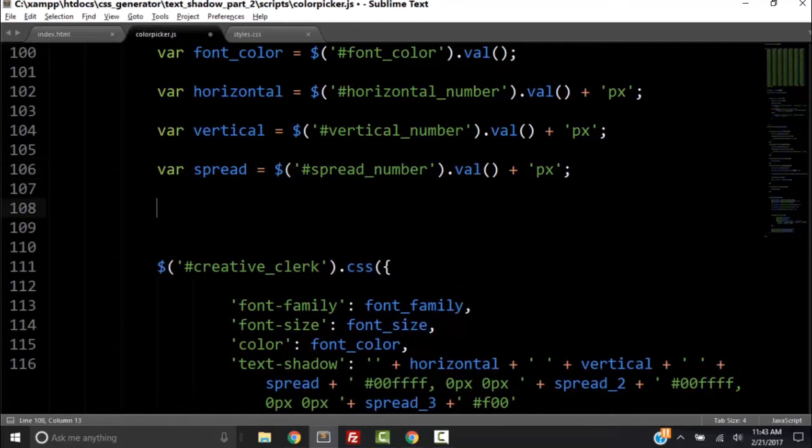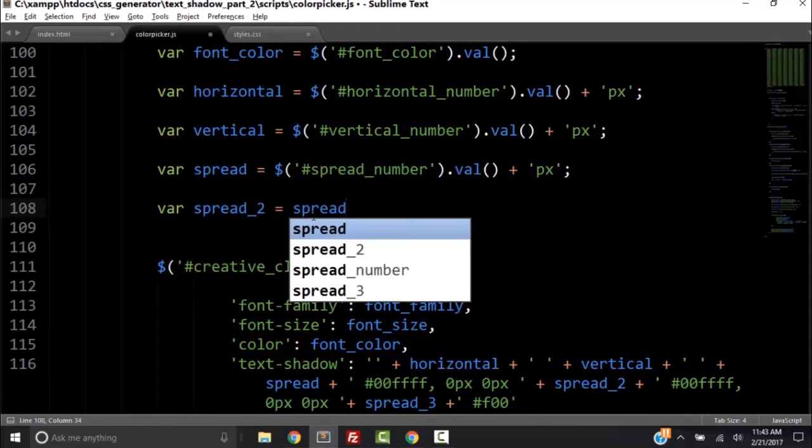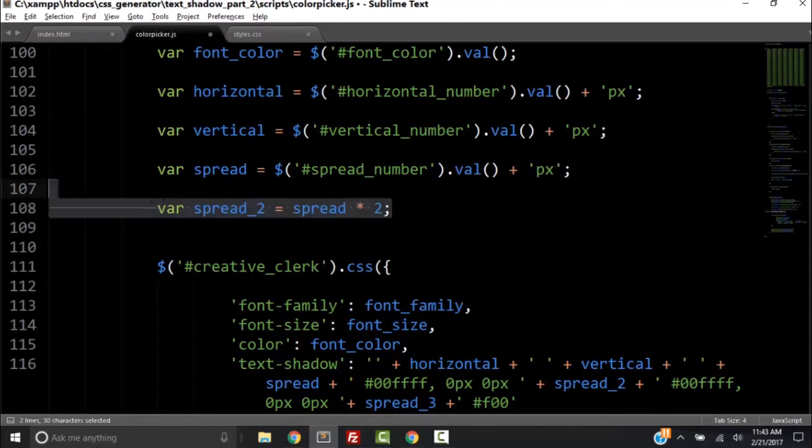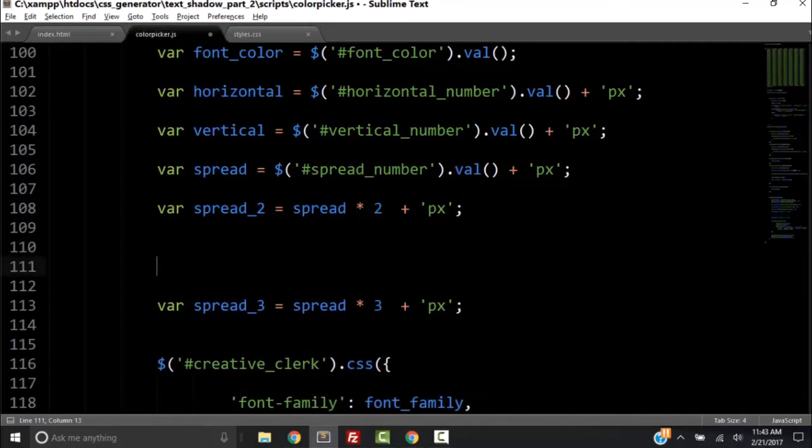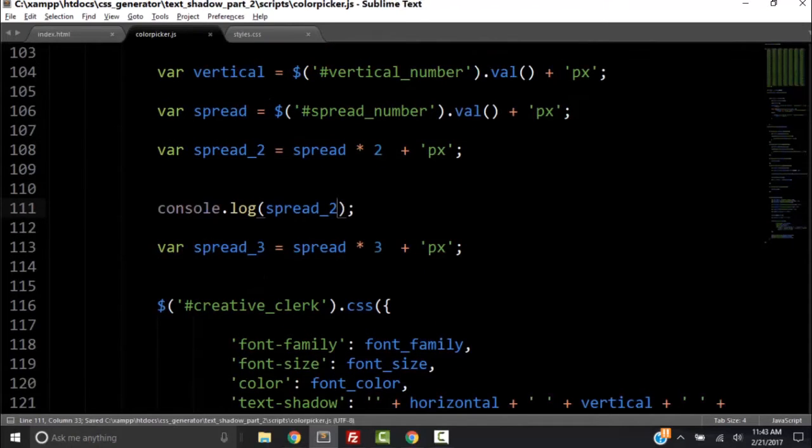Now let's go up here and make those 2 other variables. So let's declare spread underscore 2 equals spread times 2, and then copy that, make spread 3 equal to spread times 3. Okay, so now we have to add the pixels. Okay, so now let's check this out. Let's console.log spread 2. See what we get. Okay, so let's save it,